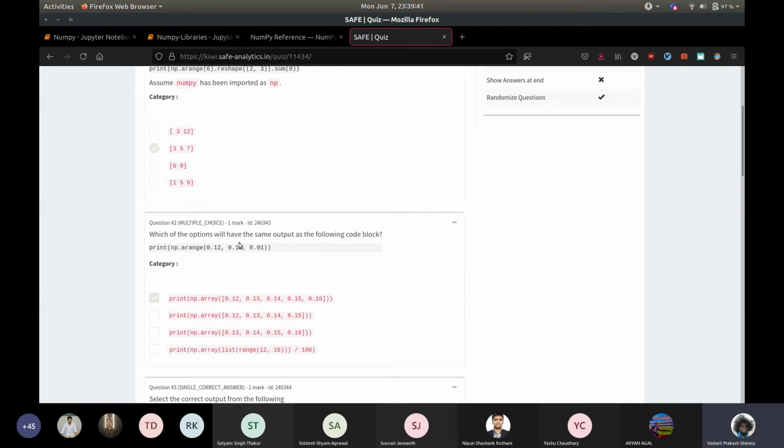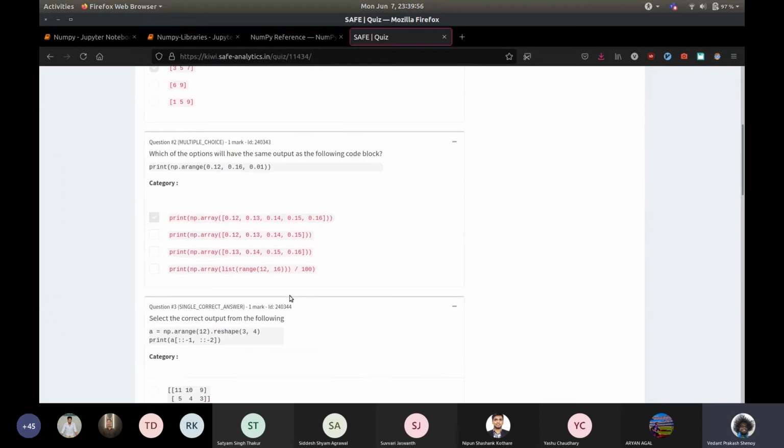If you expected it to behave the proper way, then you would have gotten this. This is the thing that you should have thought of, and this as well. So you would have gotten 2 answers. If you wrote this answer, it means that you have tried it on Jupyter. Nicely done.